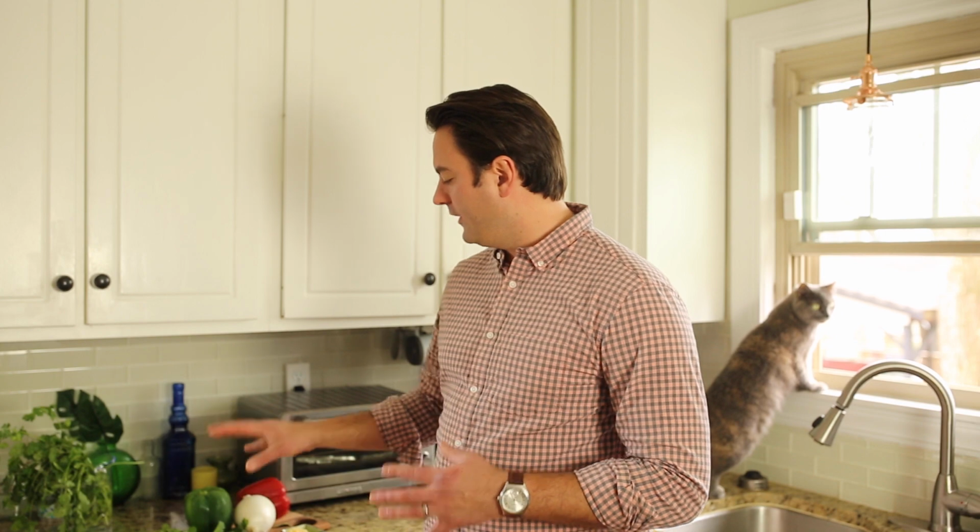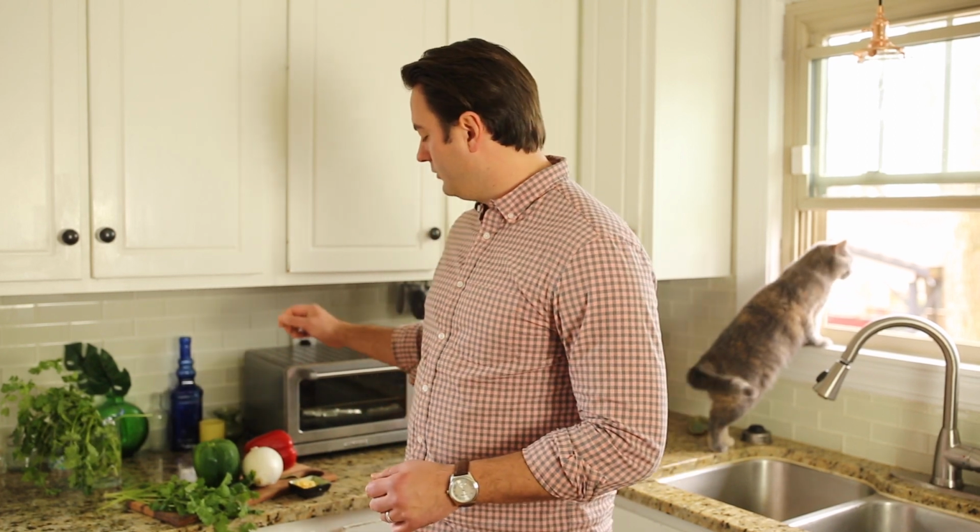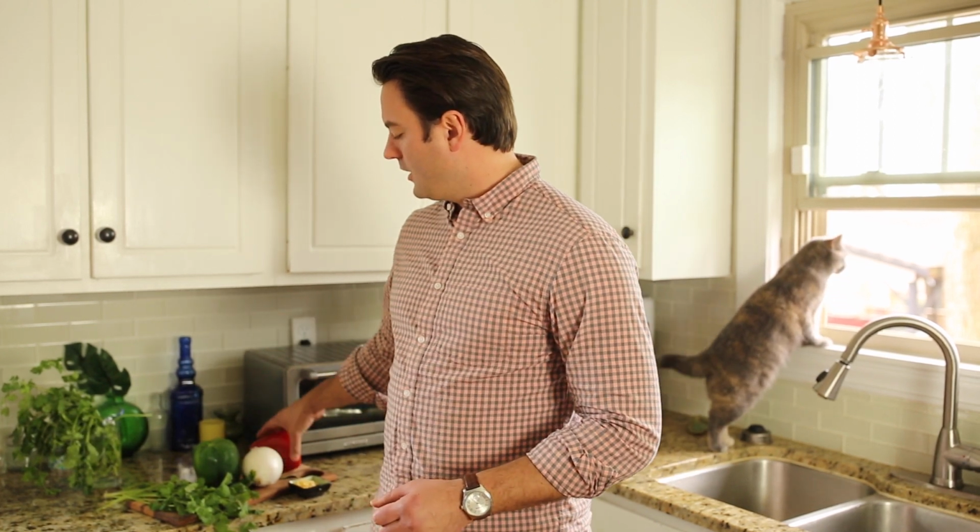Next up, we're gonna have our vegetables. This is a really simple meal. It's gonna have a ton of flavor, but the vegetables that we're using are really simple. We're gonna be using a red pepper, a green pepper,